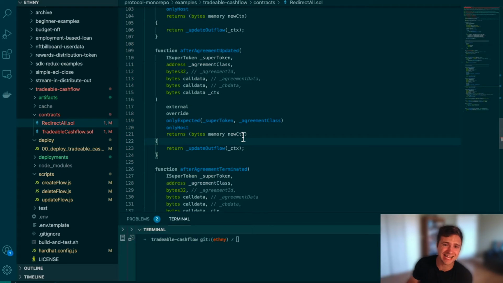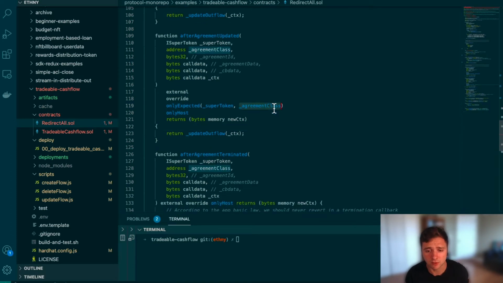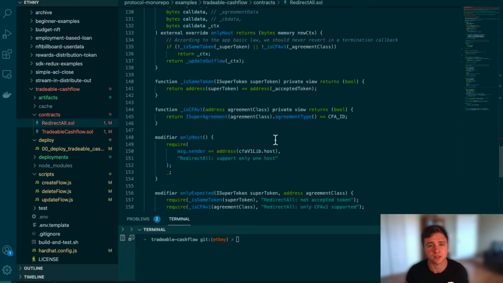We won't talk about what that is today, but the other one that is live is called the instant distribution agreement. And the instant distribution agreement, if it's used with this contract, will trigger callbacks unless we specify that it should not. Okay? So the only expected modifier will take in the agreement class and make sure that the agreement being used is indeed the constant flow agreement, so that if this contract were to be somehow added to an IDA index, that wouldn't somehow trigger one of these callbacks,